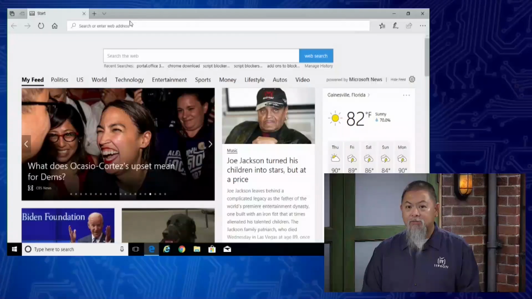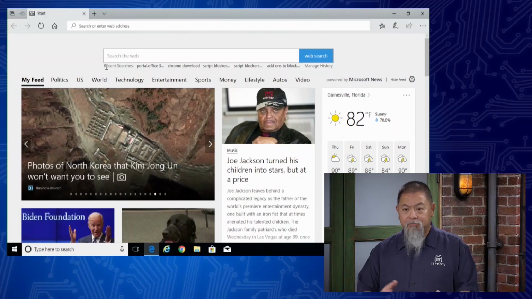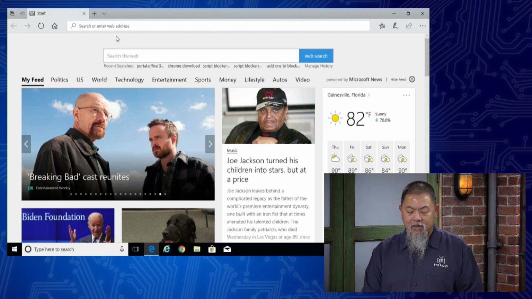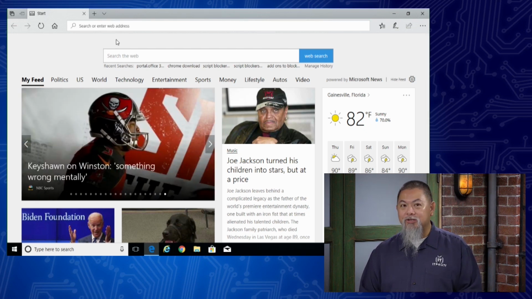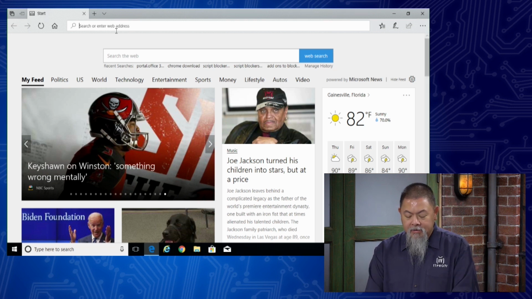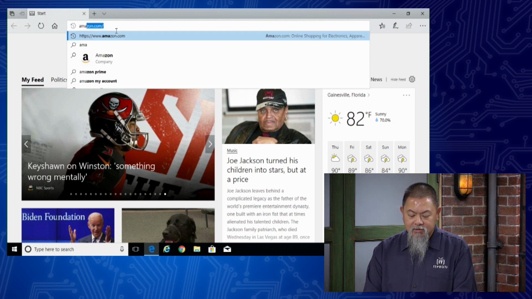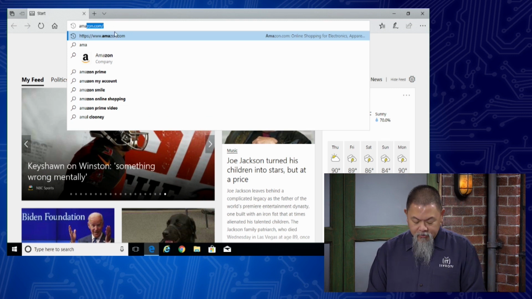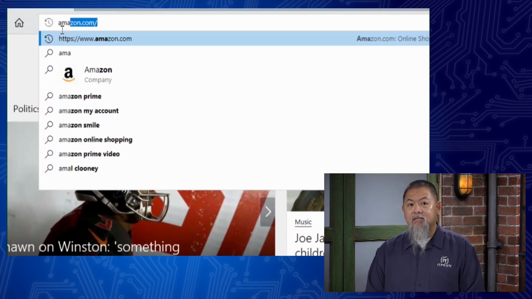So let me show you an example of what I'm talking about. For instance, I just pulled up Microsoft Edge, which is Windows 10's browser by default. Now, they also have Internet Explorer in there, but this is the one that they want you to use. I've visited a few other websites earlier today. So if I said, hey, I want to go and buy some, let's say RAM, or a peripheral that I'm attaching to my MacBook here, I can just try Amazon. And Don, it started to go ahead and select Amazon for me.